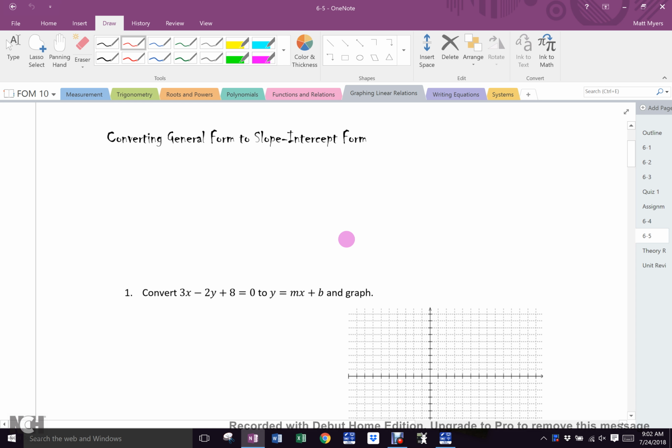All right. So we now are familiar with y equals mx plus b. We are familiar with y minus y1 equals m(x minus x1). And those two particular forms are very handy for graphing. But